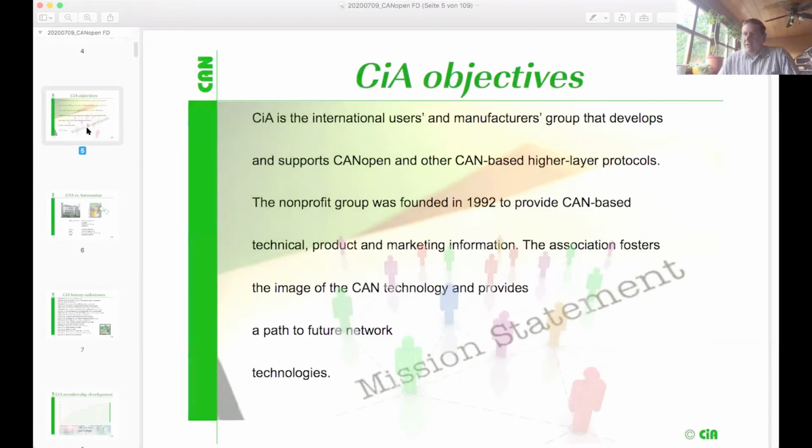So CAN Automation is an international users and manufacturers group that develops and supports CANopen and other CAN-based higher-layer protocols. The non-profit group was founded in 1992 to provide CAN-based technology, product, and marketing information. The association fosters the image of the CAN technology and provides a path to future technologies. So in other words, I would say we offer you a huge social network of CAN experts, CAN users, developers, and